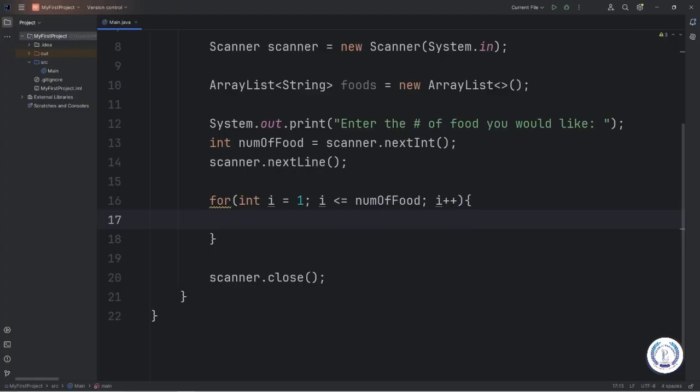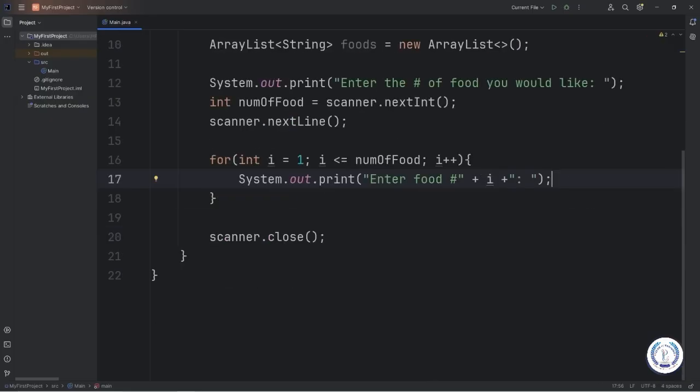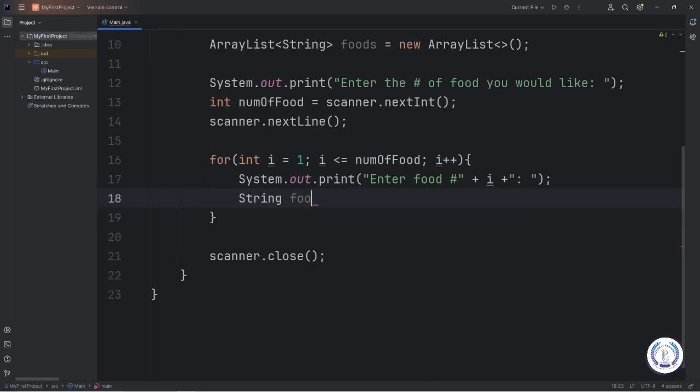During each iteration of this loop, we will ask for a food item. I'll use print rather than println. We will ask a user to enter food number, then I'll add plus our index of i. So during the first cycle, i is going to be 1, then 2, 3, 4, so on and so forth. Then I'll add a colon, then a space. We'll create a local variable of food. This will be of the String data type. We will set this equal to, use our scanner, call the nextLine method to get a line of text